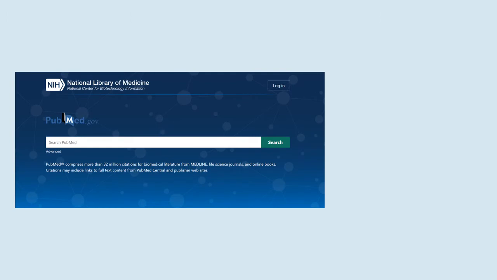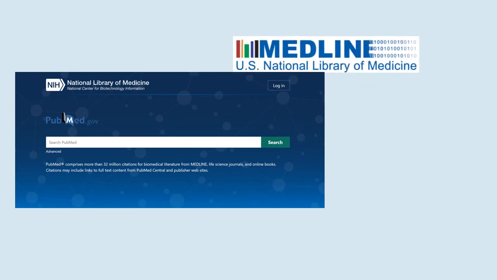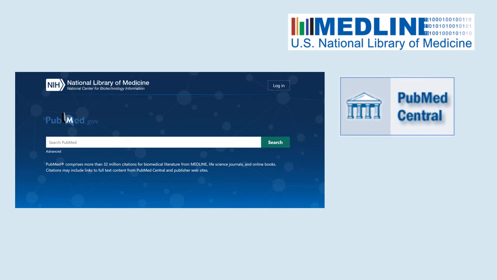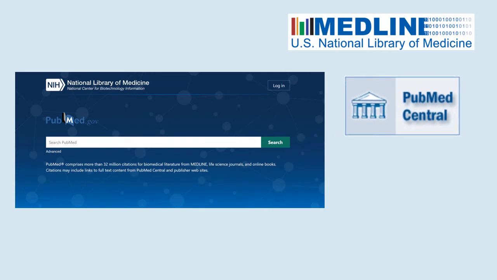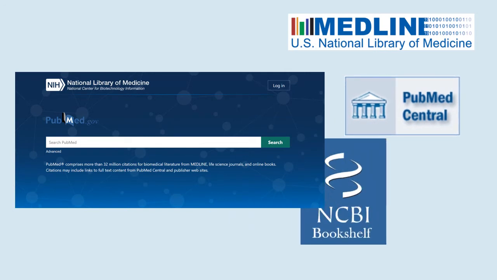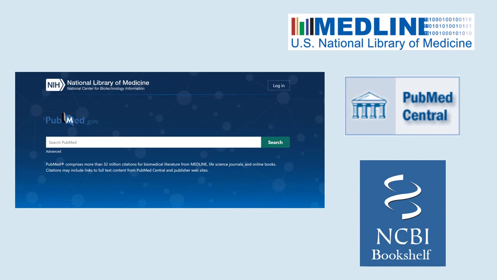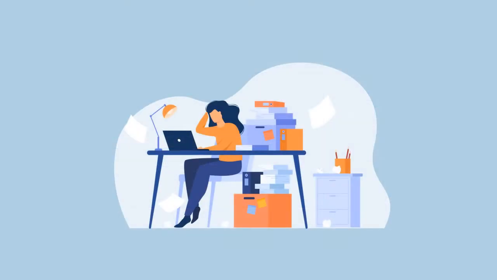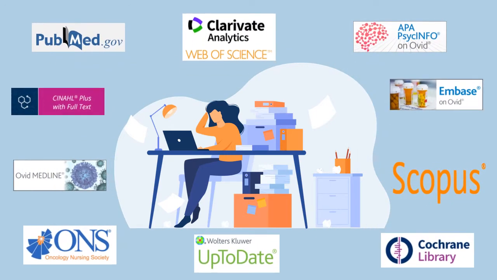When you search PubMed, you are searching the Medline database along with PubMed Central, which is a full-text, open-access database for articles, and Bookshelf, the National Library of Medicine's database for full-text, open-access books and book chapters. When you decide to search a database, be sure to note the platform you're using just in case you need to rerun your search. The Research Medical Library subscribes to over 235 databases covering a wide array of subjects, ranging from clinical medicine to patient education.